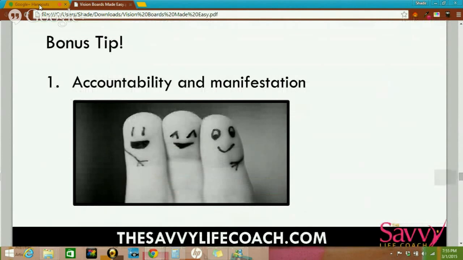Find your get it partner. Some people will say your vision partner, your friend who is down for you and ready to listen to you about your vision and is ready to have you manifest. They're ready to help you manifest your vision today. It is so important to have people who are here to support you.